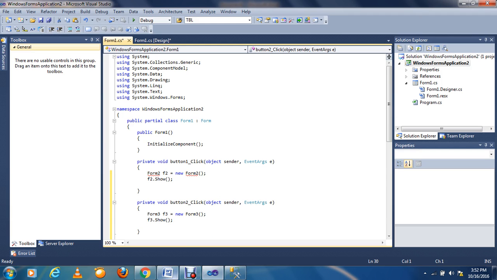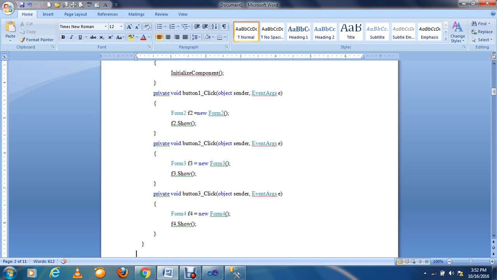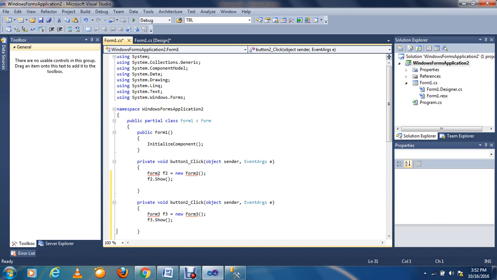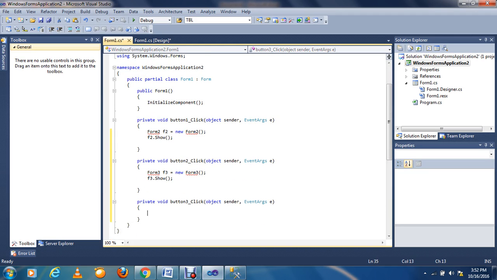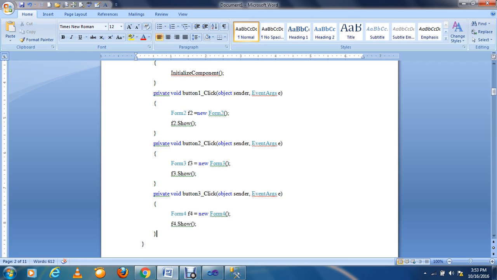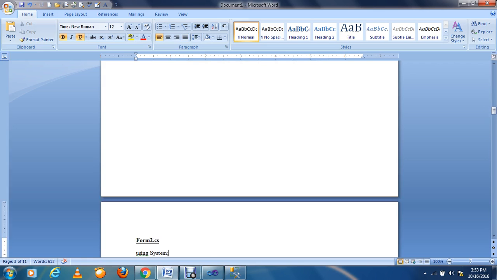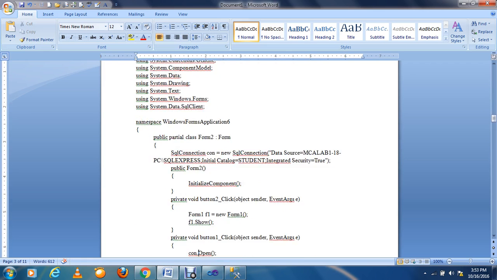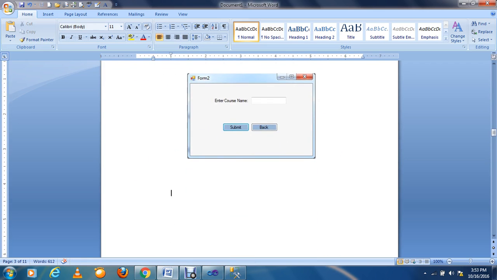Next forms. I'm just declaring here object. I am creating object of three forms in form 1. Okay, just save all. Next. Okay, next they have given. Next I will